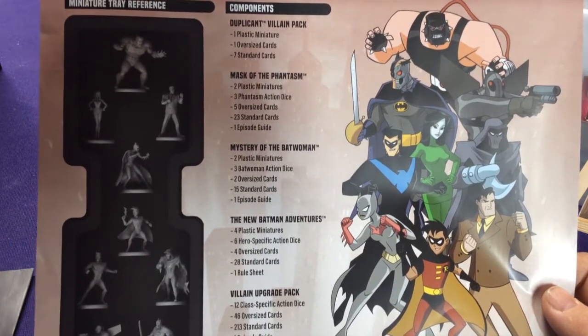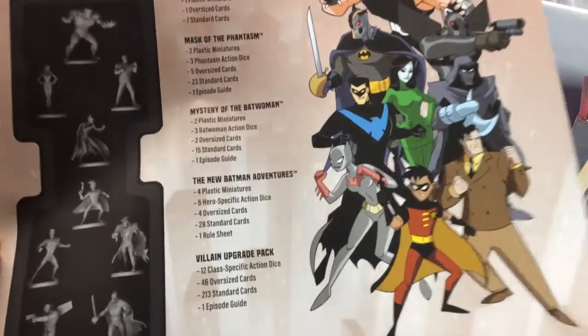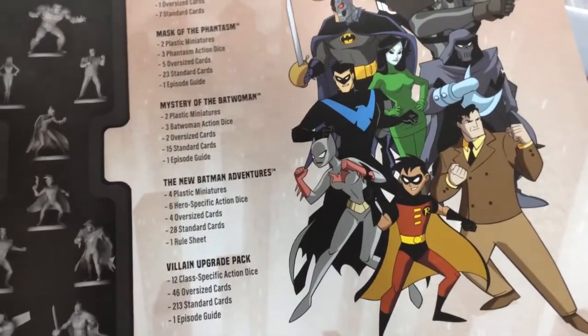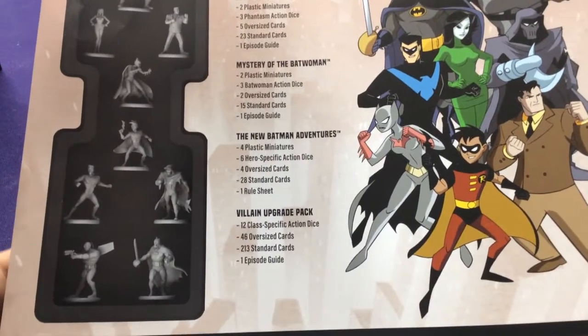And then we're going to go over 2 of the different movies: Mask of the Phantasm and The Mystery of the Batwoman. Then we're also going to jump into the New Adventures of Batman, which adds Nightwing and some more villains. And then finally we have the villain upgrade pack,